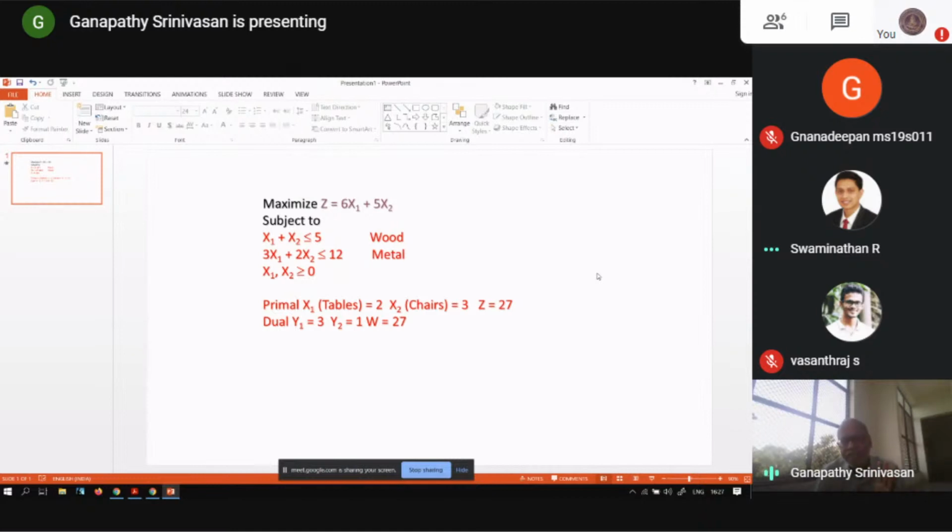So primal and dual essentially try to equate the marginal worth. I have not used the word marginal earlier. What is the marginal worth? It is the extra that you're willing to pay to buy an extra unit of wood or metal at the optimum. So what is the marginal worth of these two? And how do we take these resources and make them into products such that the worth of the resource is equal to the worth of the product?